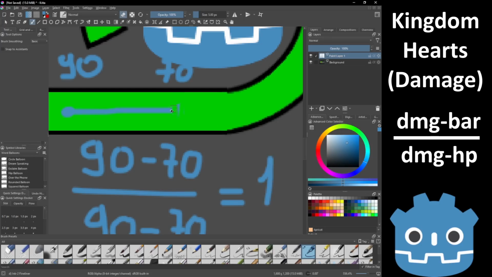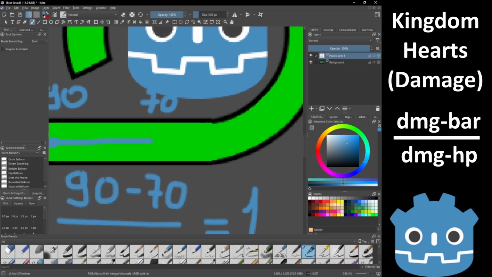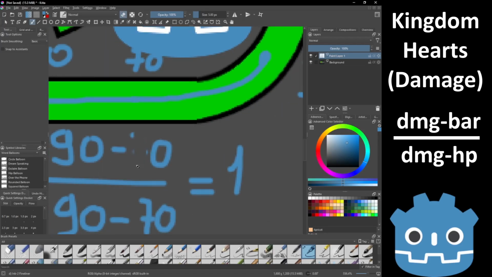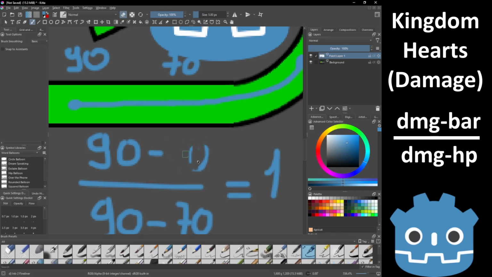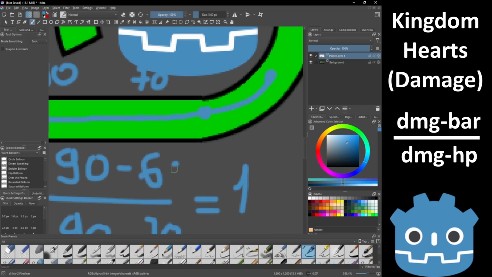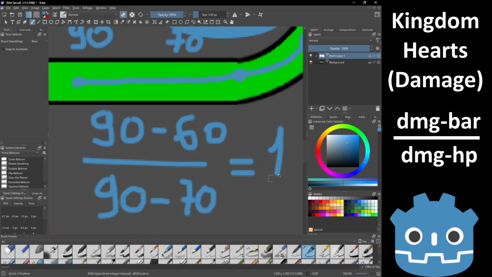Now, let's say that the damage that we take is in between, so somewhere over here. This is 50. Our bar 6 now is at its minimum value, which is 60. It's right here. And our health is at 50.